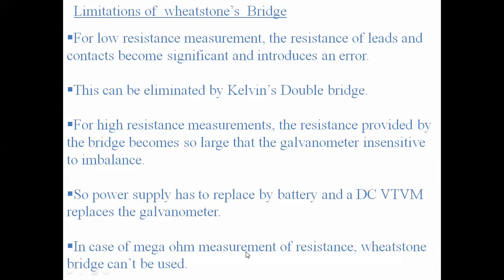In such a situation, for measuring very high resistance, we can go for the Megger. So a Megger circuit will be used for very high resistance, that is, in terms of mega ohms. For measuring mega ohm resistance, the Wheatstone bridge is not suitable. So these are some of the limitations of the Wheatstone bridge. So in this session, we are learning about